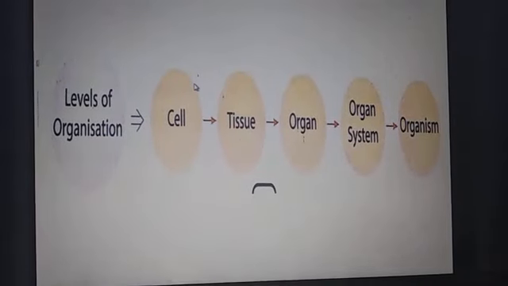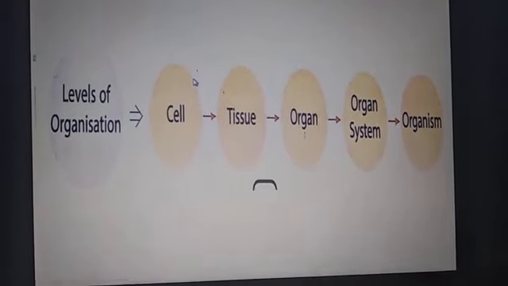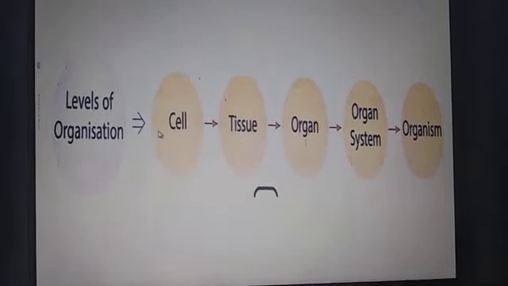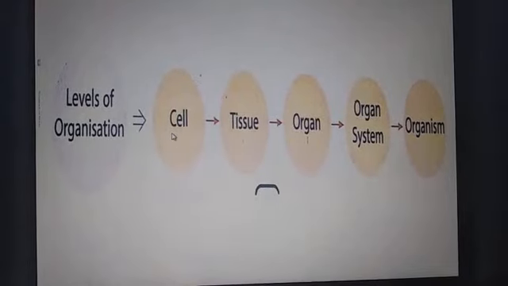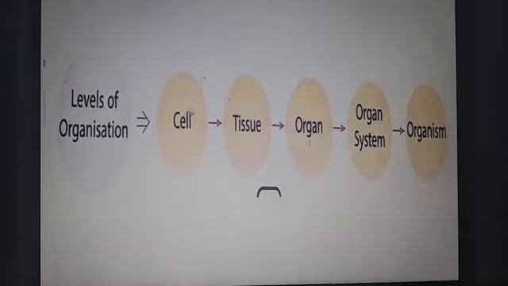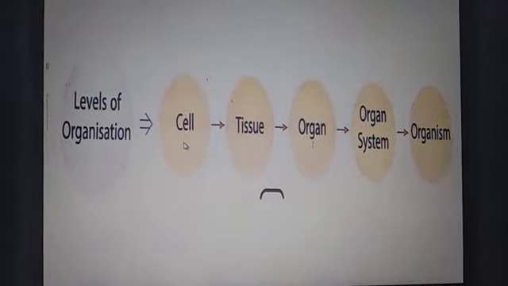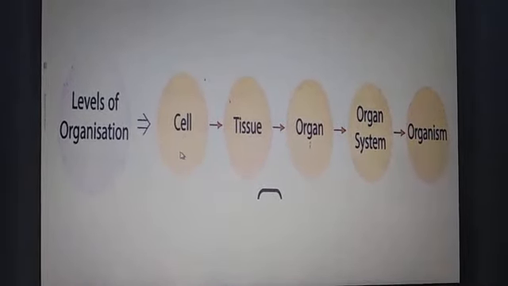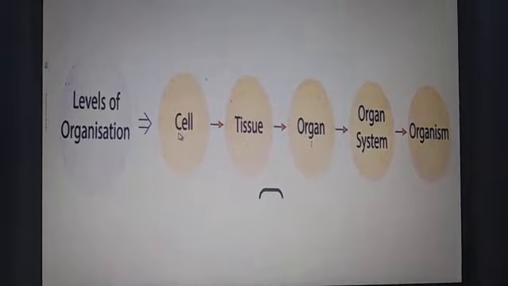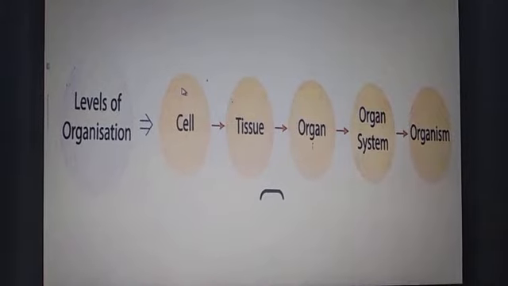In this video, we are going to learn the levels of organization in an organism. Till now, we have studied the parts of a cell and the cell organelles. We have also learned that all these cell organelles work together to perform different functions of the cell. In unicellular organisms like amoeba and Paramecium, a single cell performs all the necessary functions. It captures and digests food, respires, excretes, grows, and reproduces.